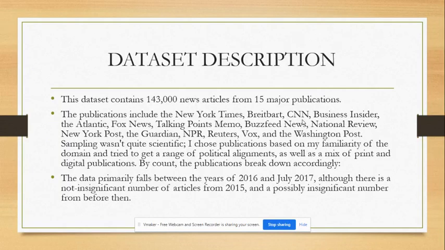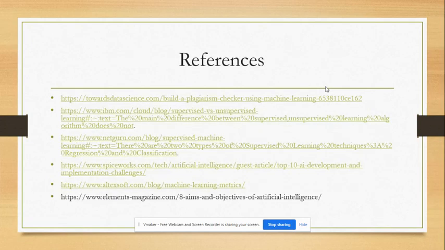So, my data set description: as I said earlier, I'll be using what we call All the News articles, which contains over 143,000 news articles from major news publications. We're going to be testing this plagiarism checker to see the different kinds of plagiarism a person can commit. So these are some of my